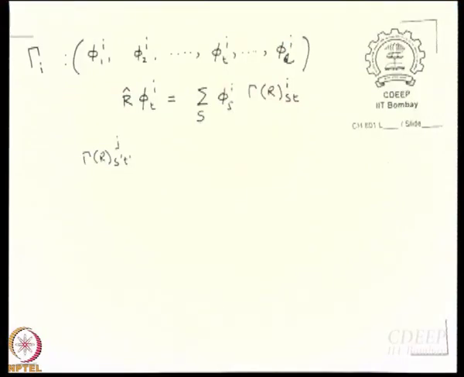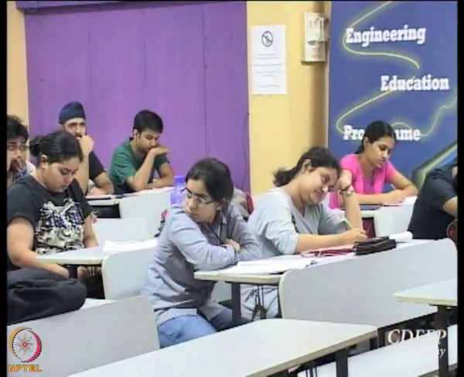Does S always have to be equal to T? No, it can be anything. You can have say the 1, 2 element, 3, 5 element, whatever. All I am saying is the maximum value of S is Li, maximum value of T is also Li. Only maximum values are defined. So, have you understood what is I, what is S, what is T and what are the limits? It's important to understand that.